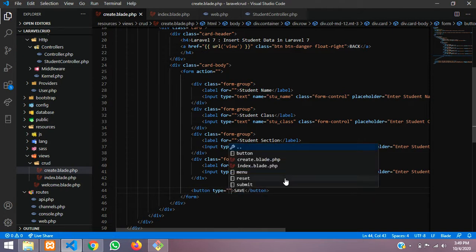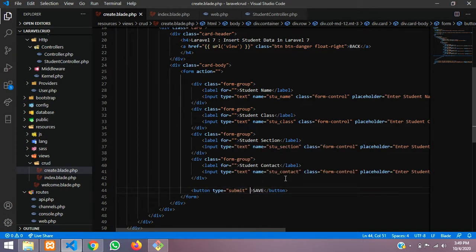Type is equal to submit, where class button-primary we will give.